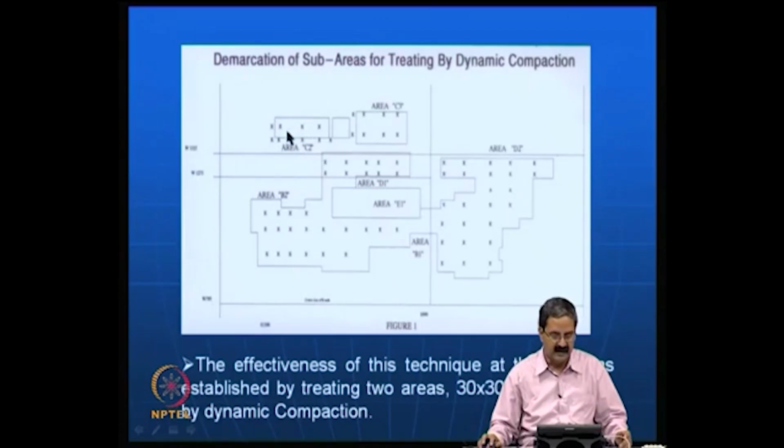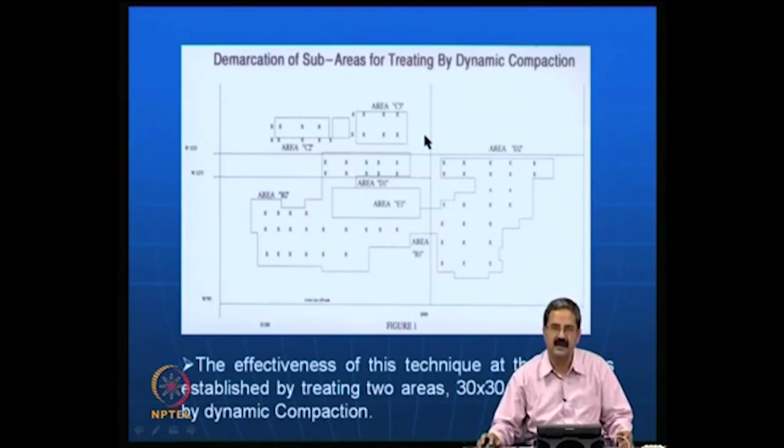These are all the areas that they have identified in the site. It has a big area which has been marked here, A, B, C, E, D, all that. And the first thing they did was a trial in areas of 30 by 30 meters using dynamic compaction,